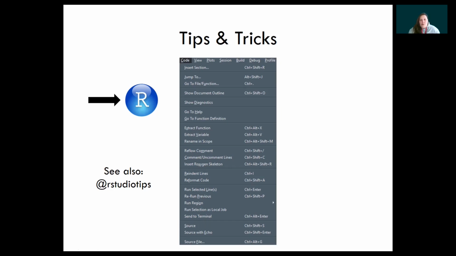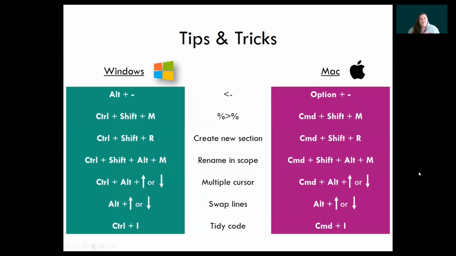especially if you just want to do some fast coding where you're using some key shortcuts. Some of these can be seen if you click on Code and check all the different options, and many of these will already have the key shortcut next to them. There are a few tips and tricks that I usually use, and I have added some of these here. On the left, you can find key shortcuts for Windows, and on the right,